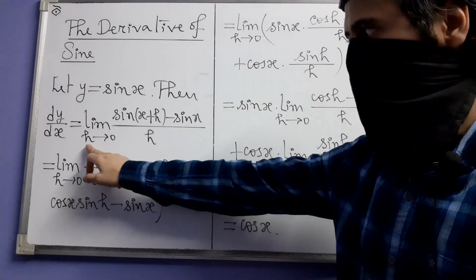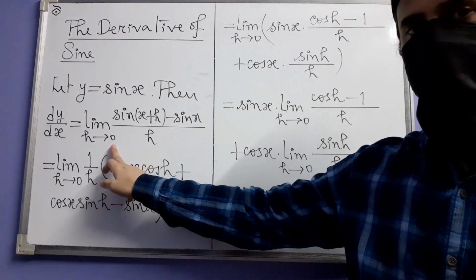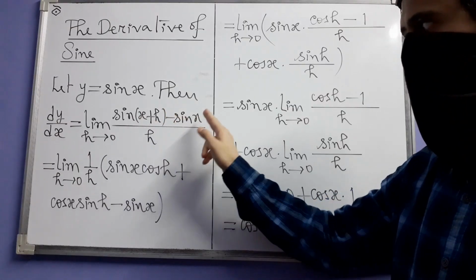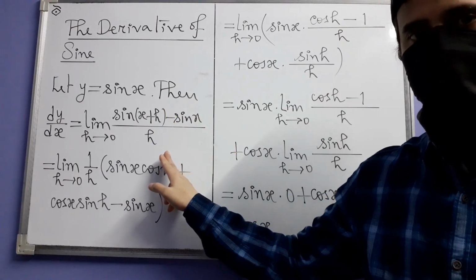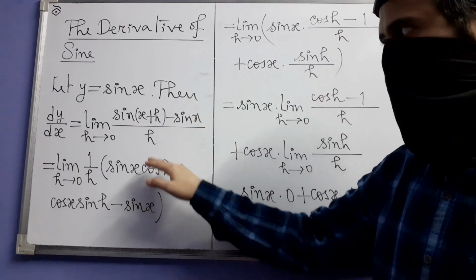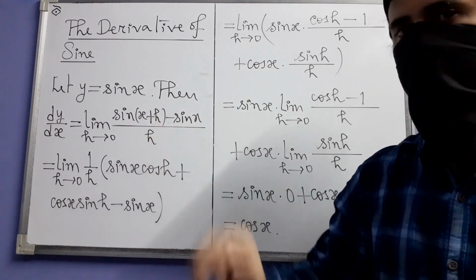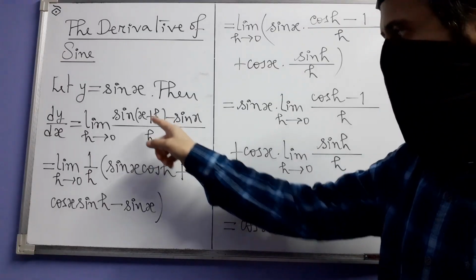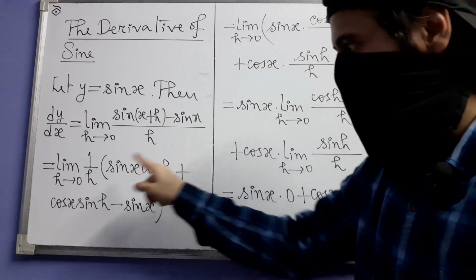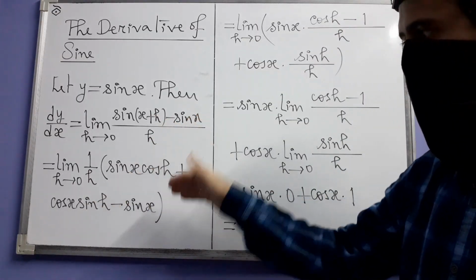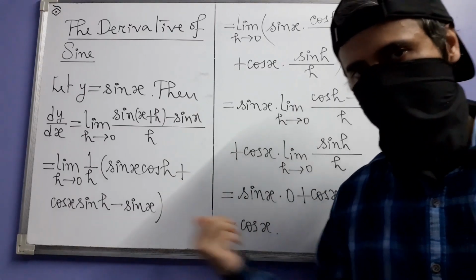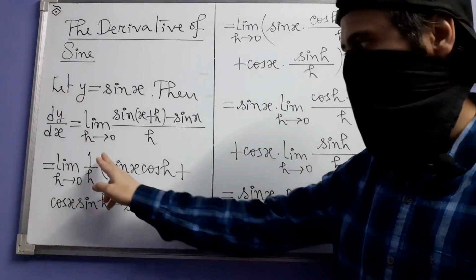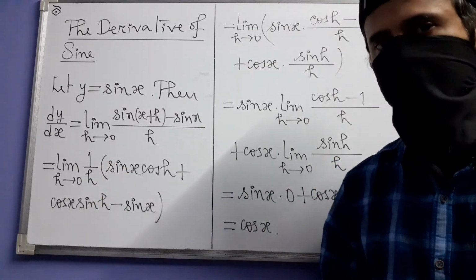The limit has the variable h, and h approaches 0, and of course we have the difference quotient: sine x plus h minus sine x, divided by h. So obviously the next step would be to expand this sine term using the addition formula for sine. So this becomes sine x cos h plus cos x sine h, and then we have minus sine x, divided by h. Since I don't have that much space here, I have decided to write 1 over h there